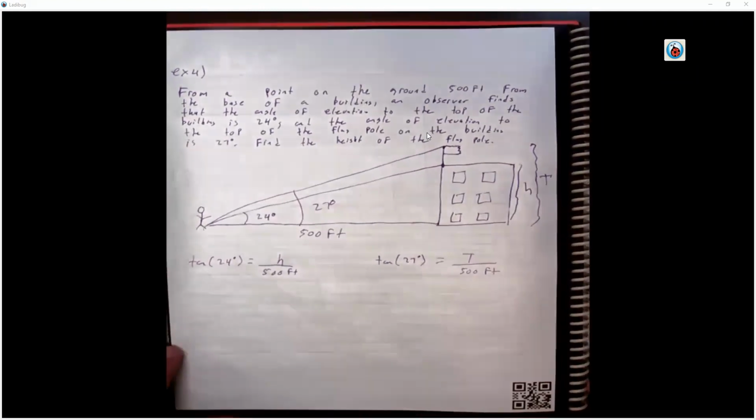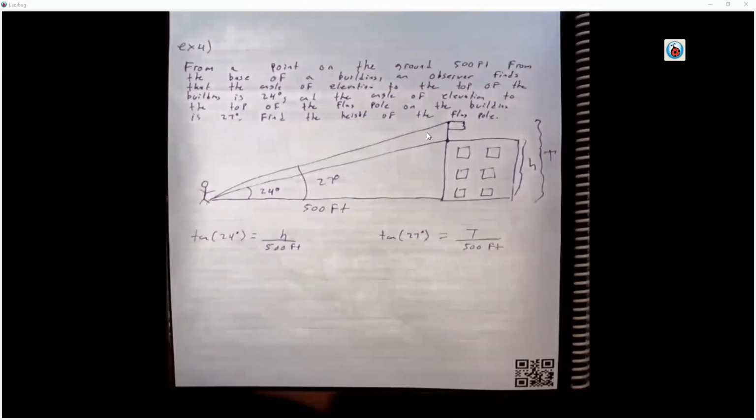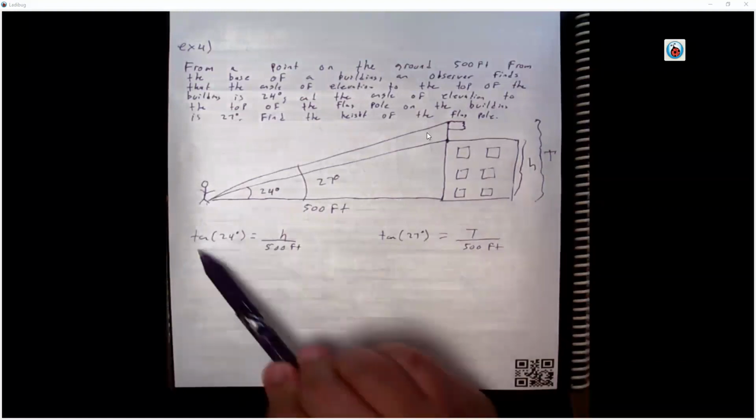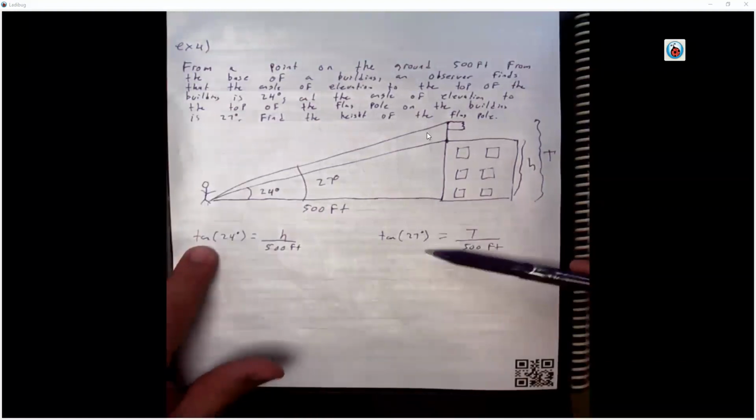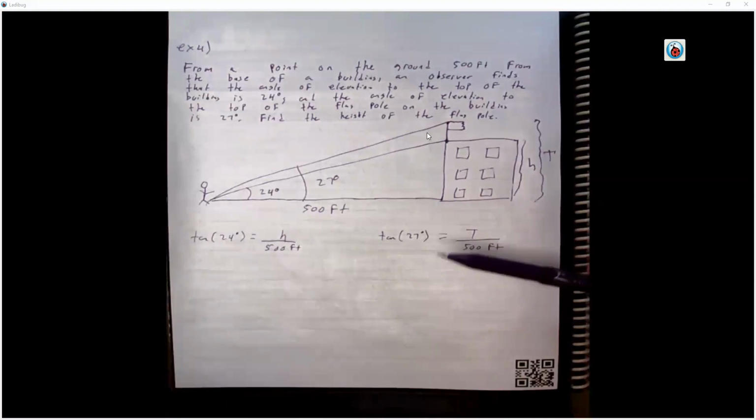Does that setup make sense? How we built the tangent. Remember, the hard part is visualizing this, and then choosing the correct trig function, right? You have to decide, am I using a tangent or a cosine? But 90% of the time, if I'm looking for a height or an opposite side, you're probably going to use